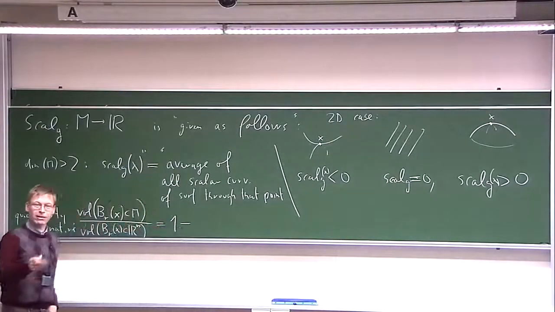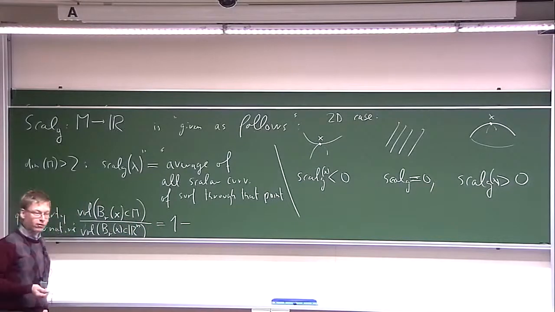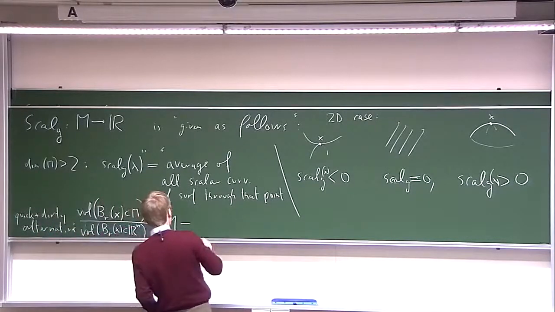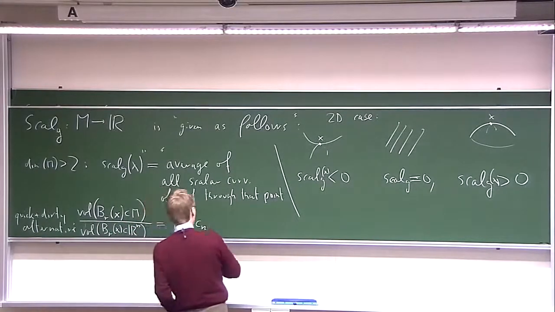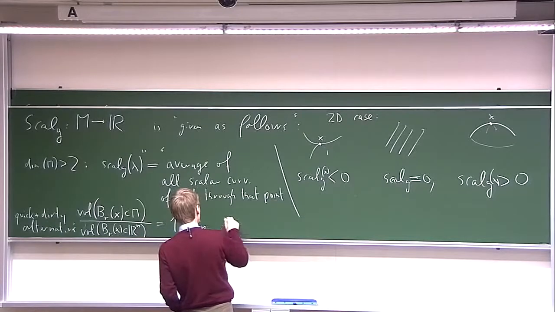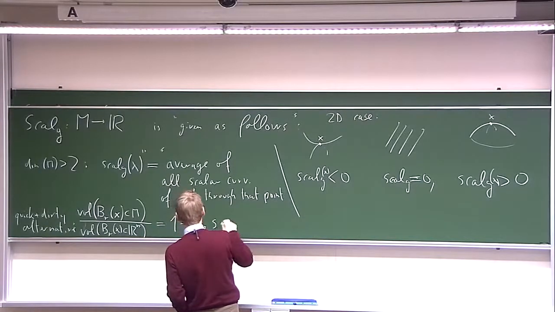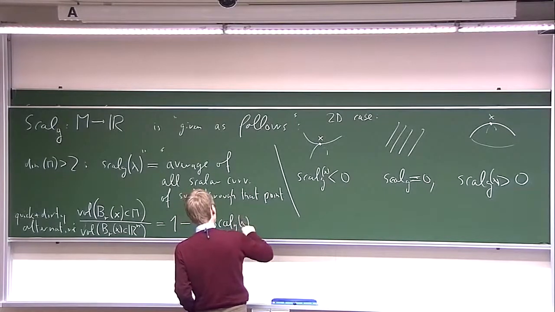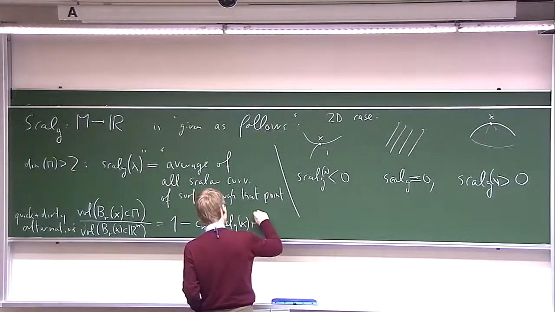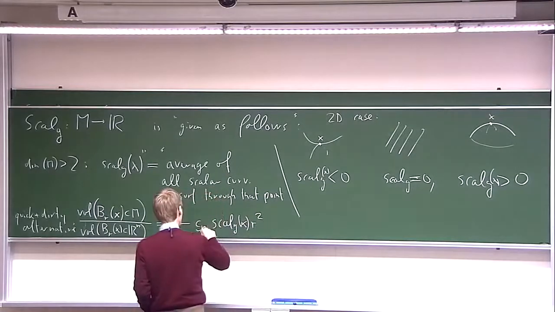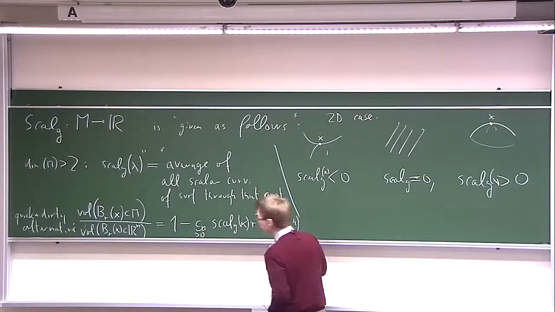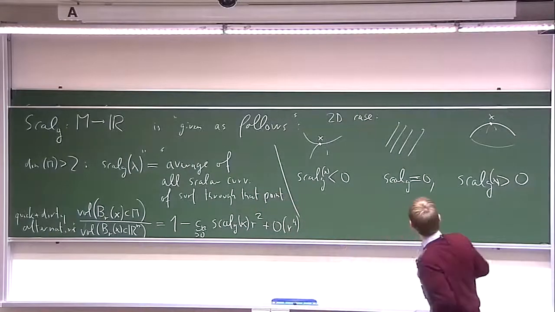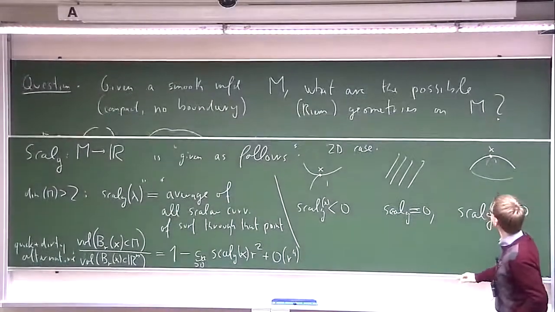So if you do a Taylor expansion, we get some non-trivial further terms. The next term which shows up is the quadratic term, and it turns out that this is exactly given, up to some constant which depends on dimension, which is non-zero, by the scalar curvature at the point x. So this C_n is strictly positive. And then there are higher order terms. And if you want to, you can check it here.